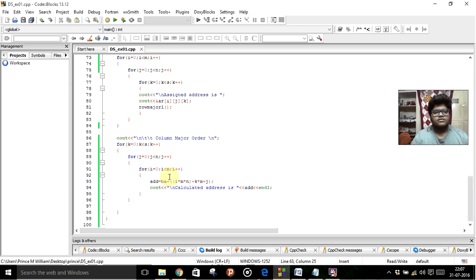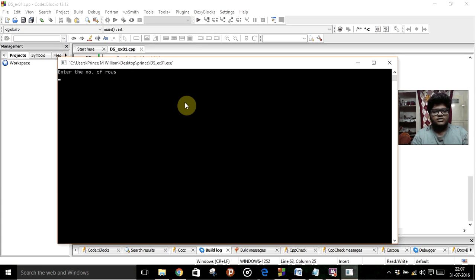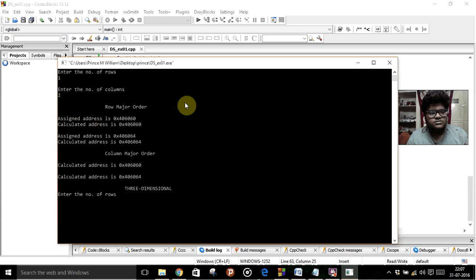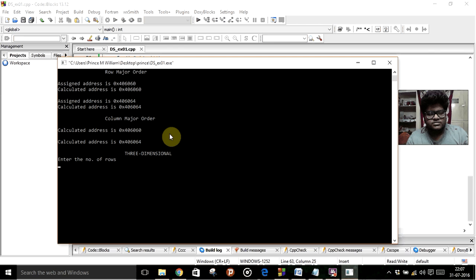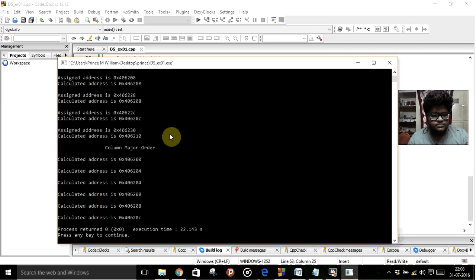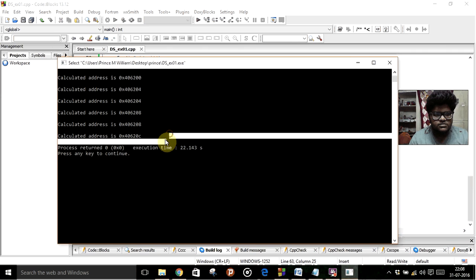Now let us run and see the code. As I said, here it is asking to enter the number of rows, so I'm entering 1, and enter the number of columns, 2. You can see here assigned address and calculated address are the same. Now the system is asking for the three-dimensional matrix. Once again I'm entering the values, and again